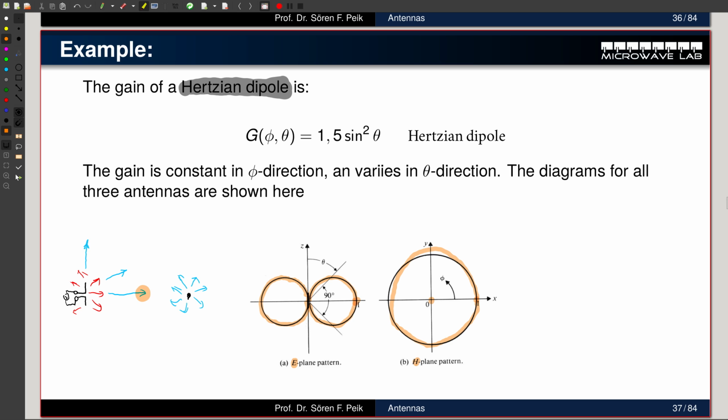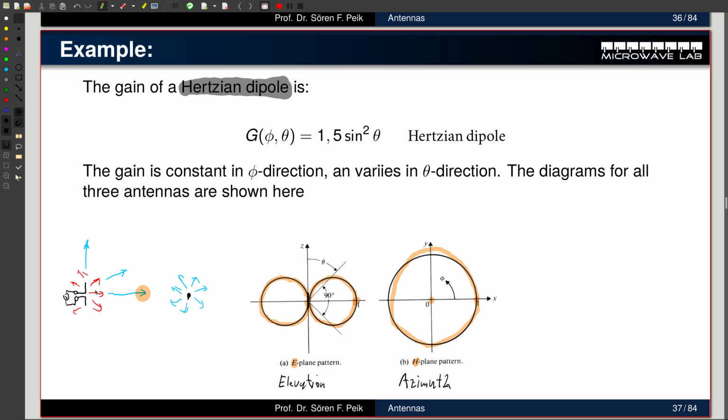In this graph, it's called E-plane pattern and H-plane pattern. I could also call it, this one would be the elevation pattern, and this one would be the azimuth pattern. That's what it's often called, because elevation and azimuth refer to the horizon of the Earth and the elevation. And since you can rotate this antenna, that's not clear, and that's why people like to call it E